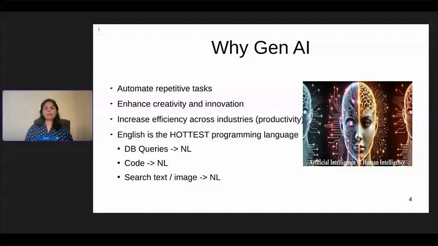And yeah, again, why do you have to worry about learning so many programming languages and coding and all that? English is the hottest programming language with Gen AI in place now, right? Because you don't have to worry about learning SQL or the syntax and semantics, worry about the semicolon, the comma. Nothing is required. So you can just have natural language. NL stands for natural language, right? And GenAI is very much into natural language processing and generation, right?